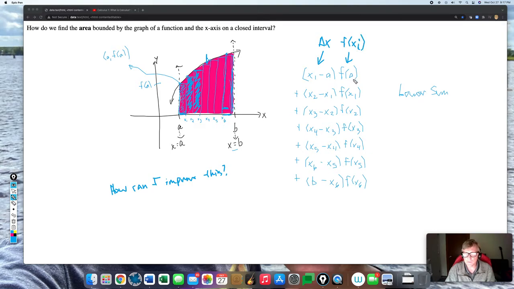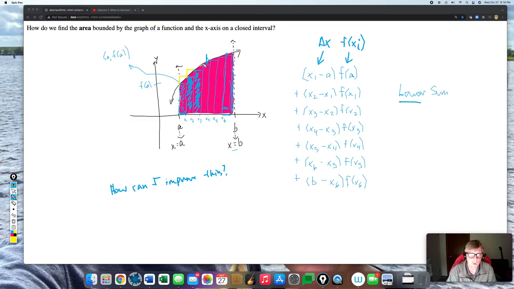So i is 0, 1, 2, 3, 4, 5, and 6, and so forth. And again, this is a lower sum because it's an underestimate. Now, I can do an upper sum if I were to make my rectangles above, and hopefully you can see this yellow